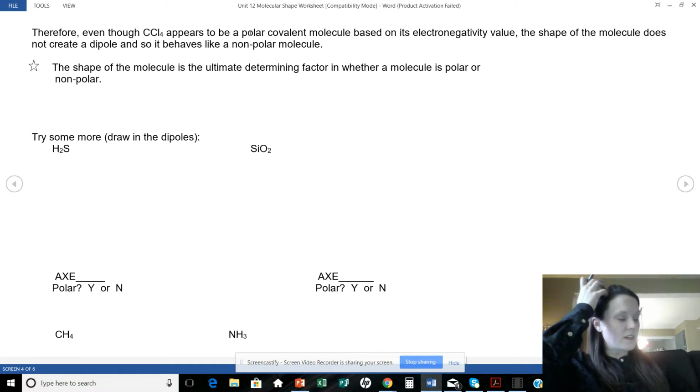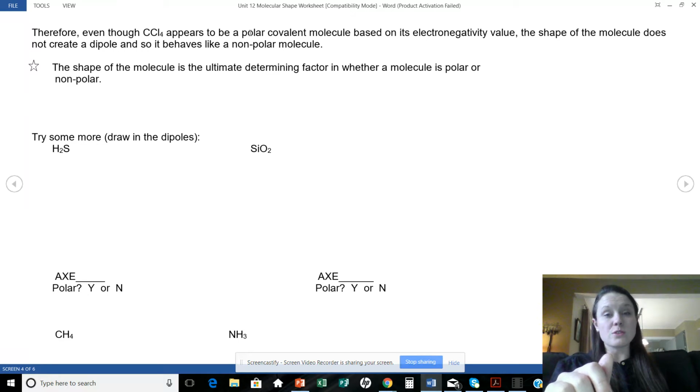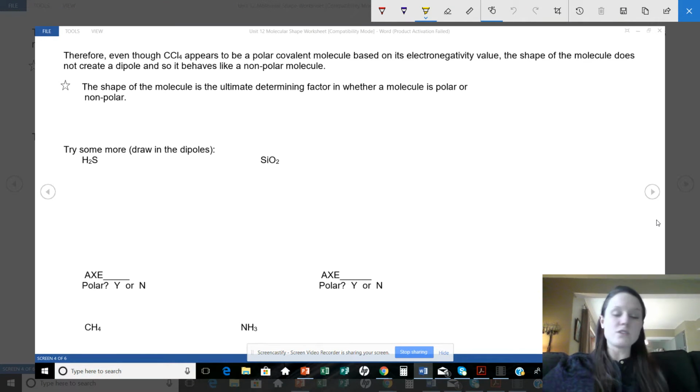So moving on here in our discussion, carbon tetrachloride, even though the bonds between carbon and chlorine are polar covalent, because you have 4 bonds that are symmetrical, those dipoles cancel each other out and you end up with a nonpolar molecule. Now there are 2 things that I want you guys to write down at the bottom of this page if you've been following along. Right underneath here there's a little star bullet point. I want you guys to write down 2 key ideas from this quick review of molecular shape and Ax notation. Key idea number 1